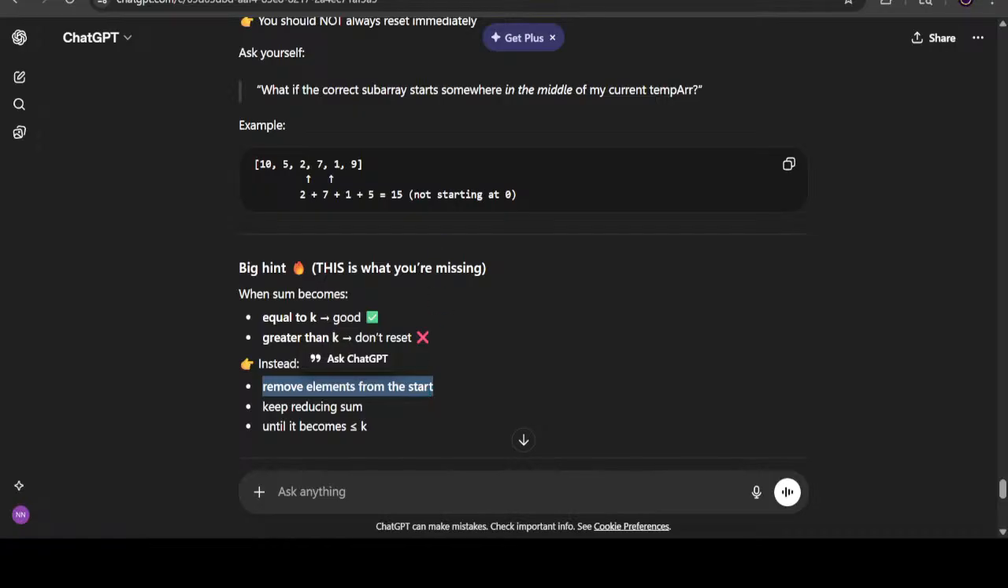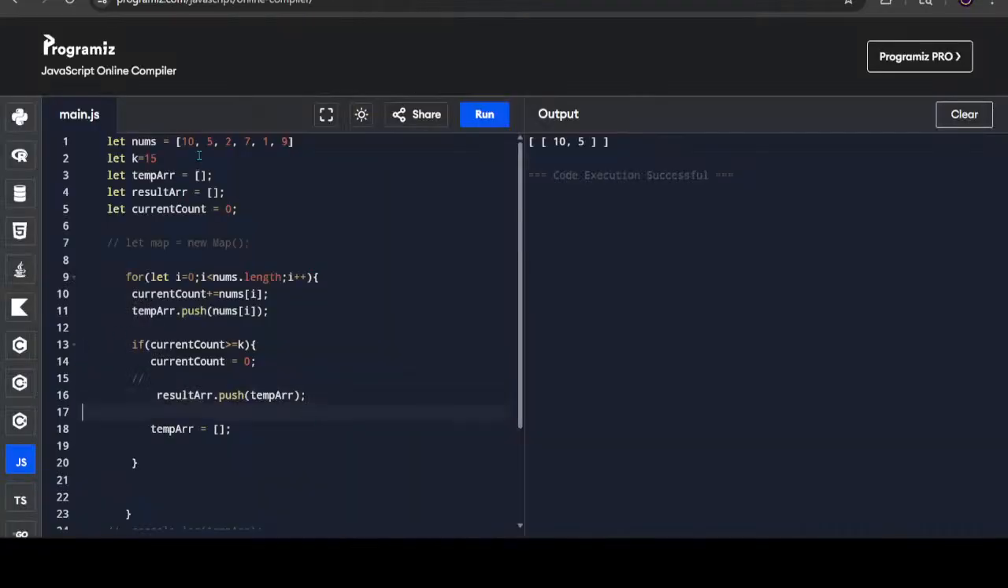How does this evolve? It keeps on pushing every value and it will check if current count is greater than 0, then it will push the